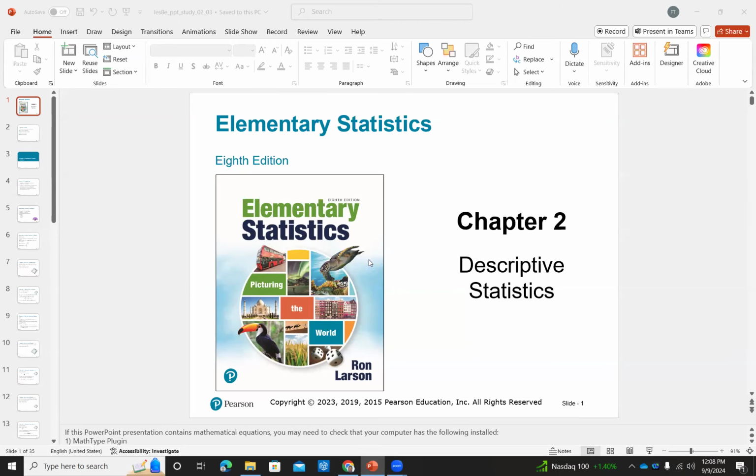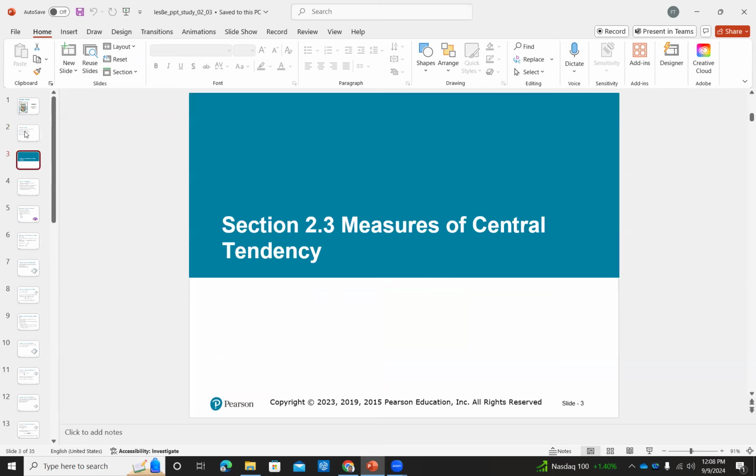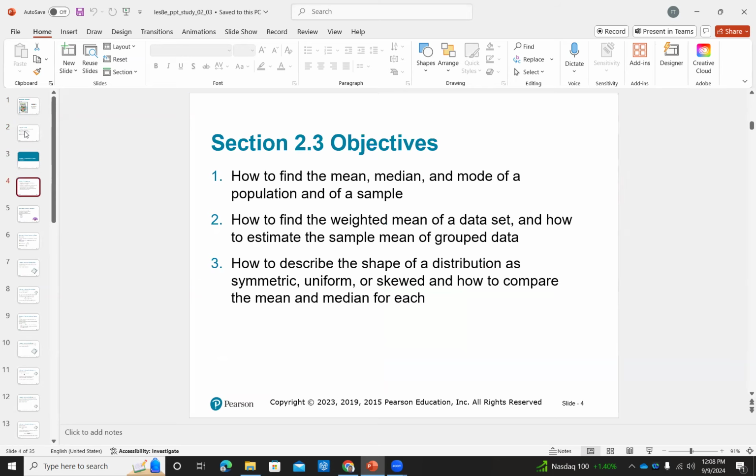We are going to take a look at chapter 2, section 3 with this video. Chapter 2, section 3 is called Measures of Central Tendency. With this lesson, we have 3 objectives. We're going to learn how to find the mean, median, and mode of a population and a sample. And we're going to find the weighted mean of a data set and how to estimate the sample mean of